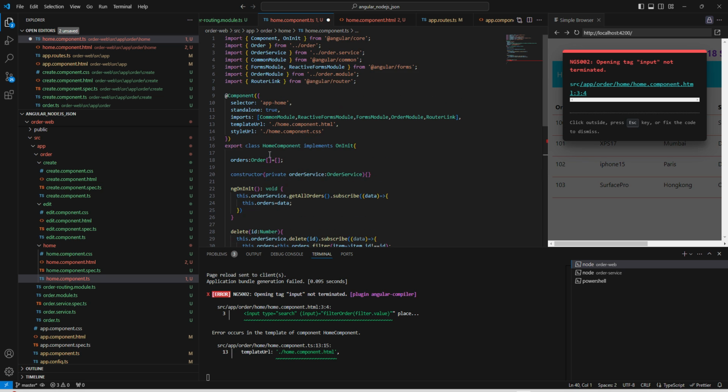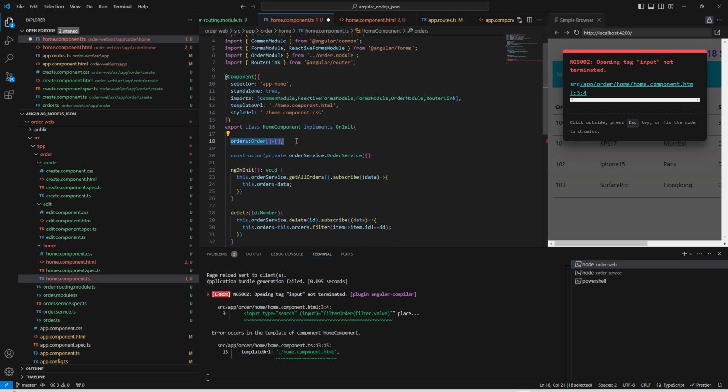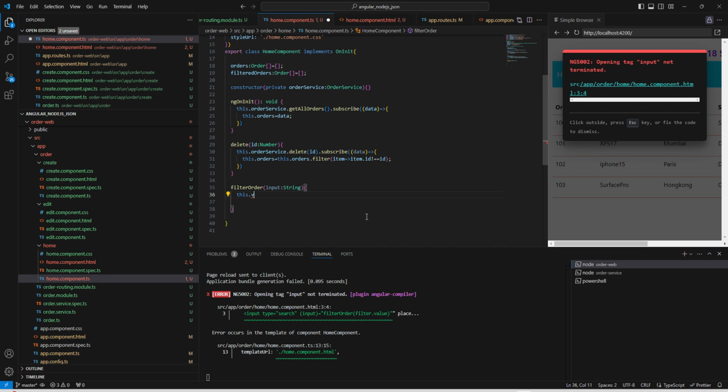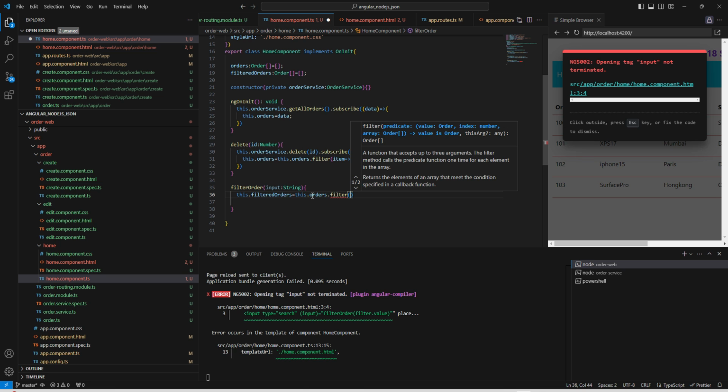So let us do one thing. Here we have this order. Similar way we can create one more constant, and here we can name it like it's filtered orders. And for this filtered orders, here we have this dot orders dot, we can say filter it on basis of